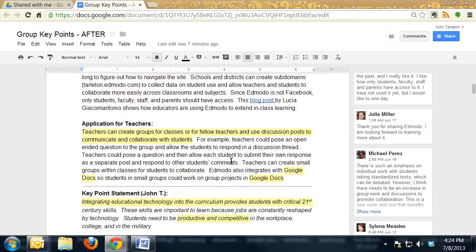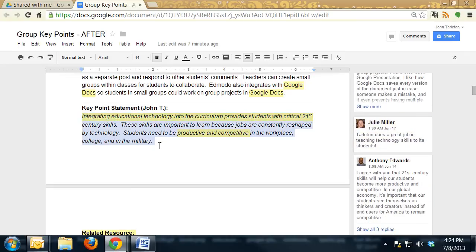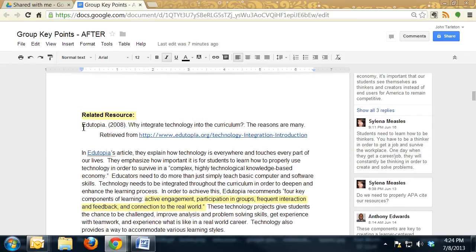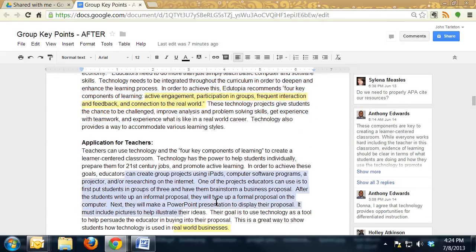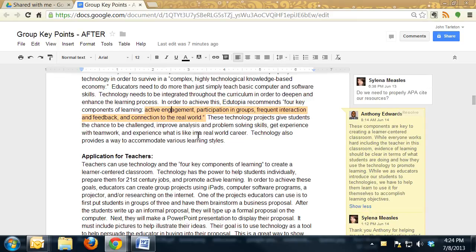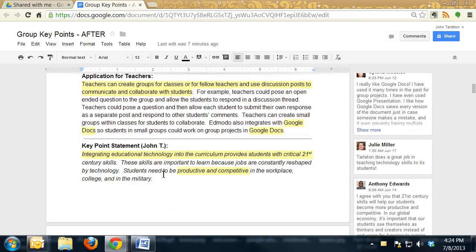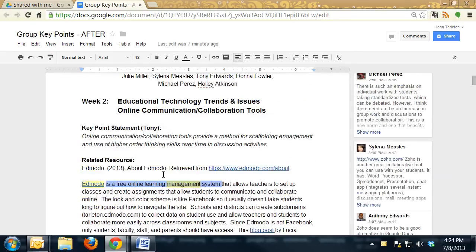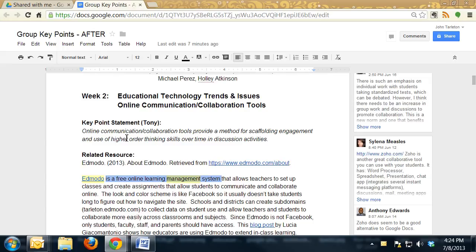You can see here my original statement and my Edutopia article and annotation and application statement. Several of my small group members commented and added additional resources to my key point statement. But I also need to add my own comment to a fellow group member's key points. So let's say I want to add my comment to Tony's